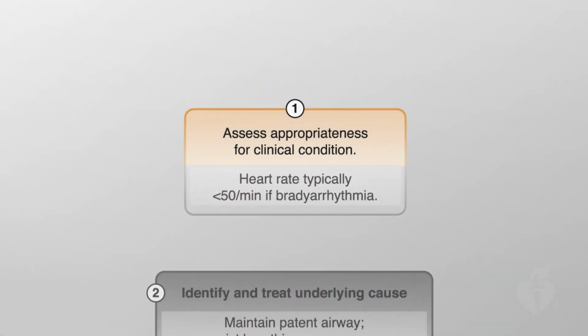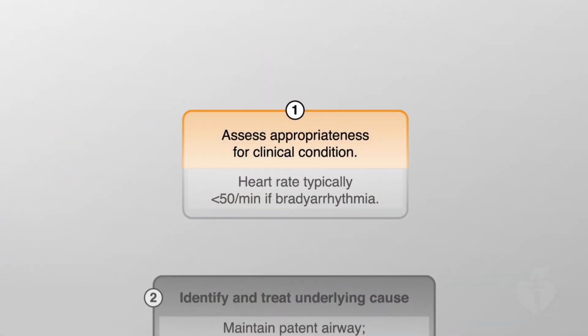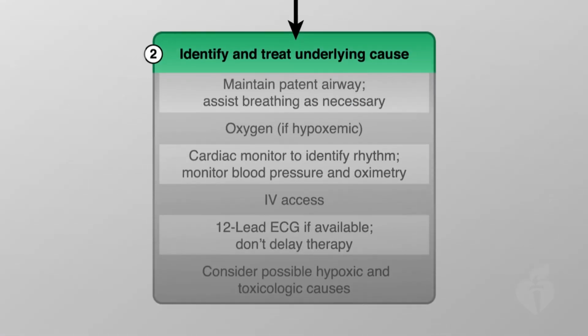The Bradycardia Algorithm outlines the steps for assessment and management of a patient presenting with symptomatic bradycardia with a pulse. Implementation of this algorithm begins with the identification of bradycardia, which is a heart rate less than 50 beats per minute. Once bradycardia has been identified, first steps include the components of the BLS assessment and primary assessment, such as